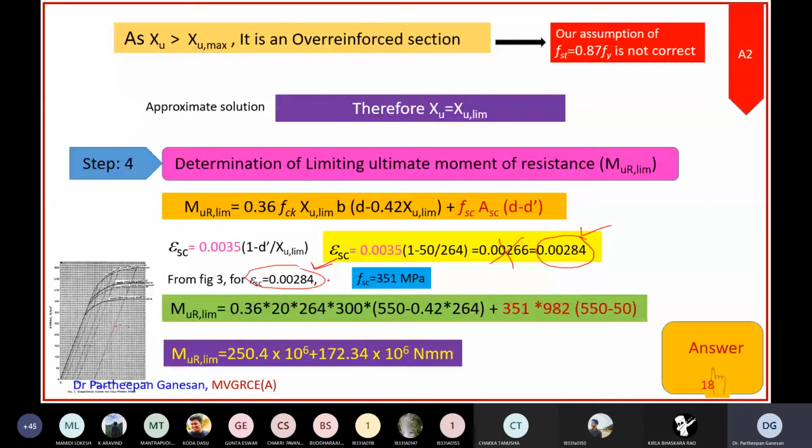So now you know how to find out FSC. No, you told me you have a doubt in FSC. That's why I'm asking. What is the doubt? By using this graph or the table, I have a doubt on that one. Using Table 6.1, you have a doubt? Yes, sir. Okay, so we will see that table. One second.